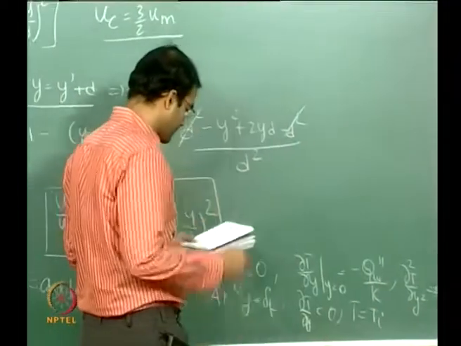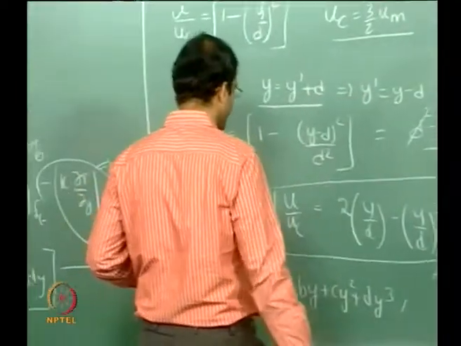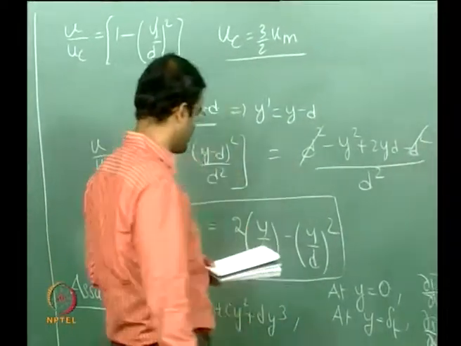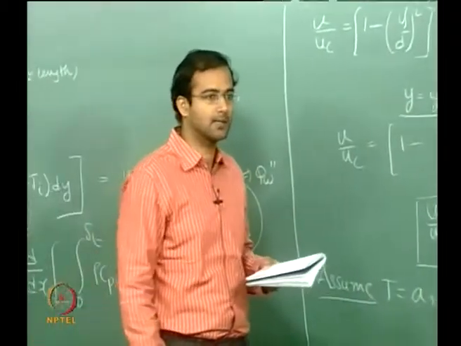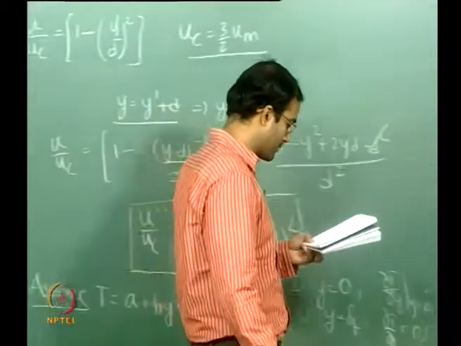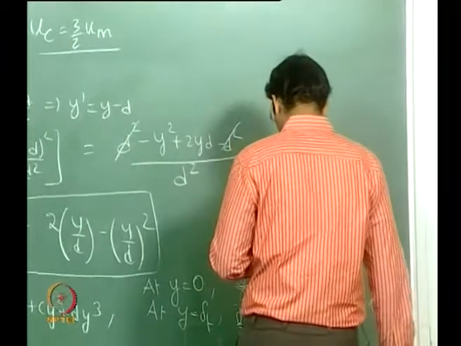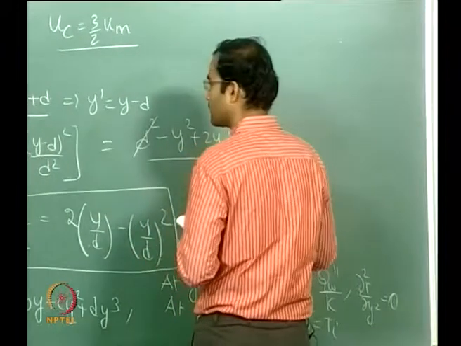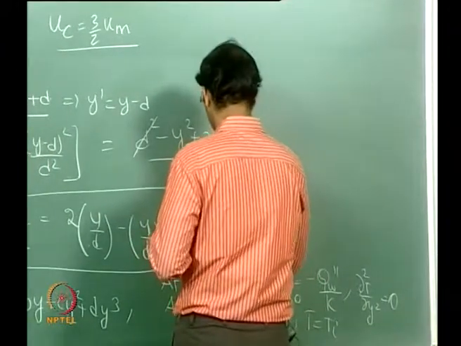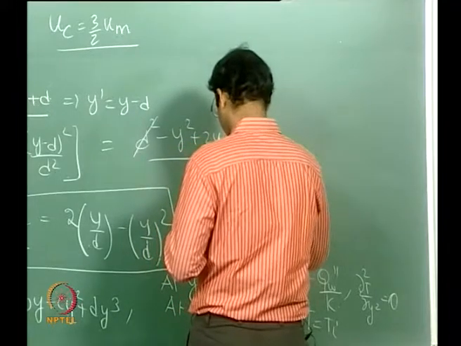So therefore, you have 4 boundary conditions. If you substitute these 4 boundary conditions one after the other, you will get all the 4 coefficients, and your final profile will look like this. T minus Ti is equal to